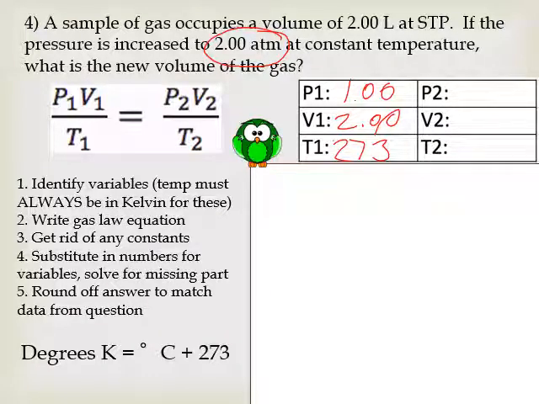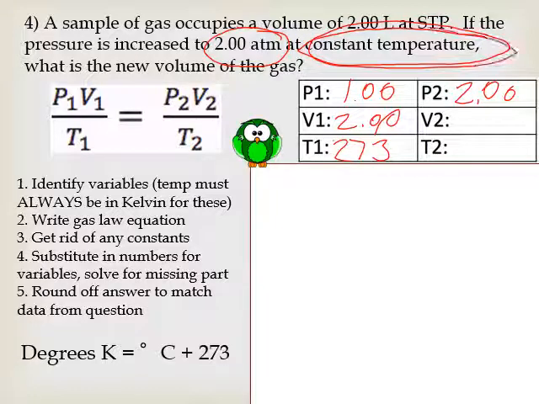Okay, that's our starting conditions. And then it says if the pressure is increased to 2 atmospheres, I'm going to write my new pressure as 2.00 atmospheres at constant temperature. That's an important point right here. If something is constant, it means it's not going to change and we can ignore it. Constant temperature means it's going to stay exactly the same. So if we start out as 273, we're going to end up with the same temperature right here as 273,